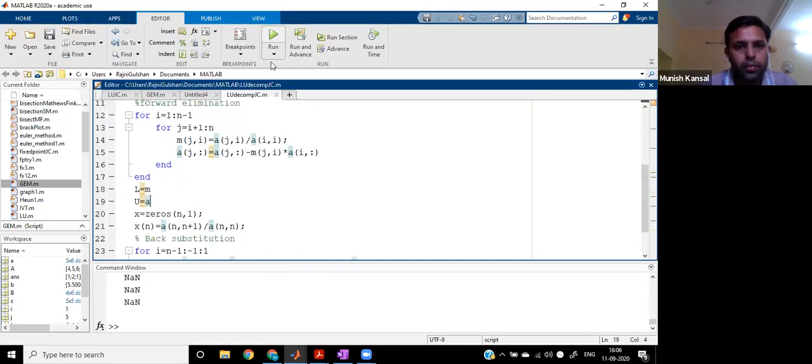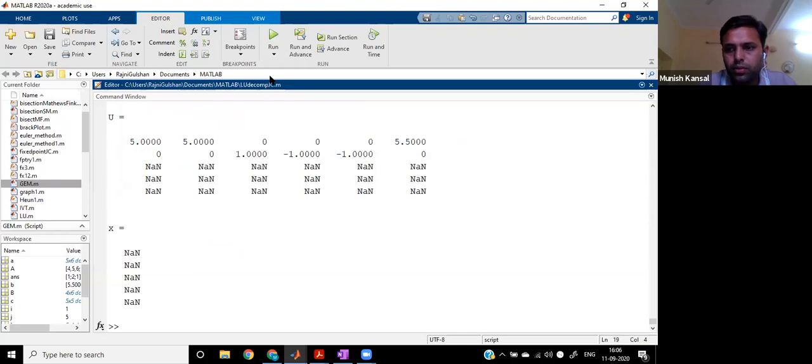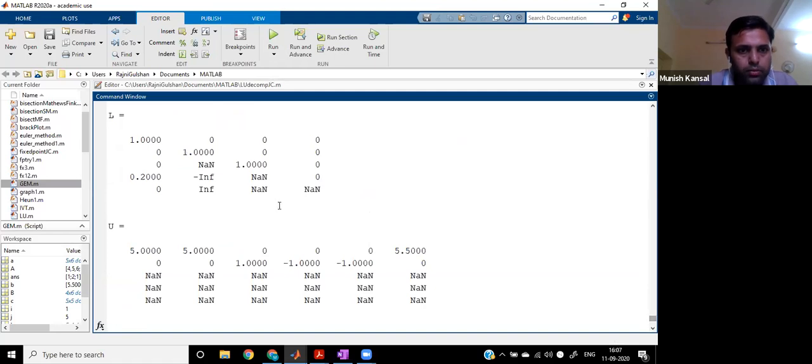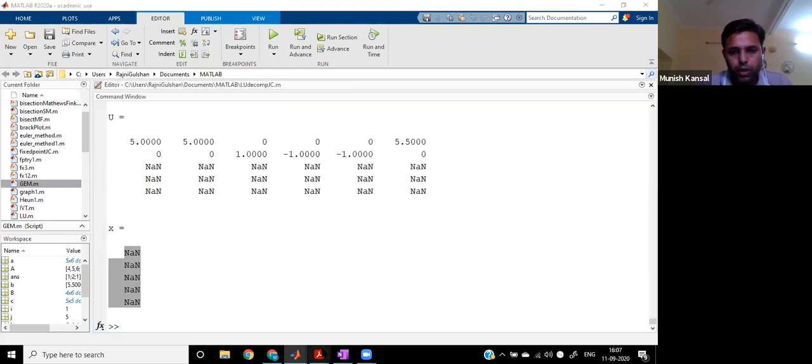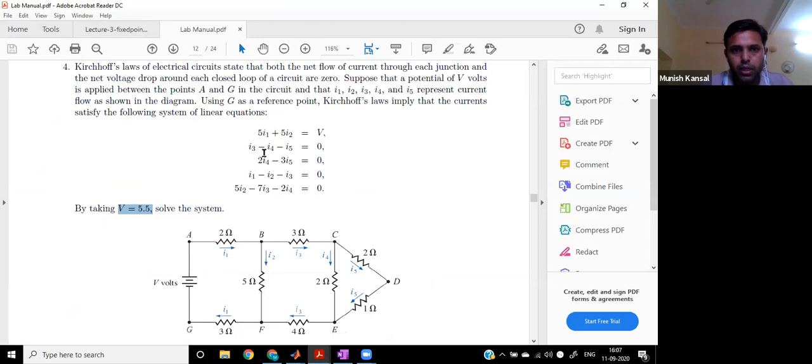So when I run again, you look at the solution: NaN, this stands for not a number. You are getting terms like NaN and minus infinity. So the matrix of multipliers is giving you infinity, not a number, right? These kinds of statements. Now the answer is not a number. The Gauss elimination method is not working on this problem, and we want to know the reason why. The problem here is that when you solve this linear system with the Gauss elimination method, at some particular stage the pivot element is becoming 0.